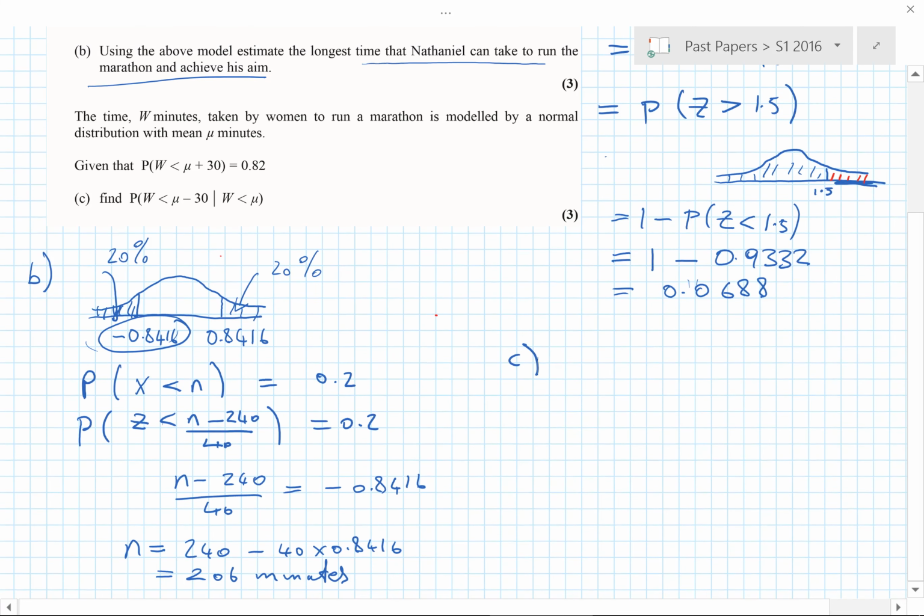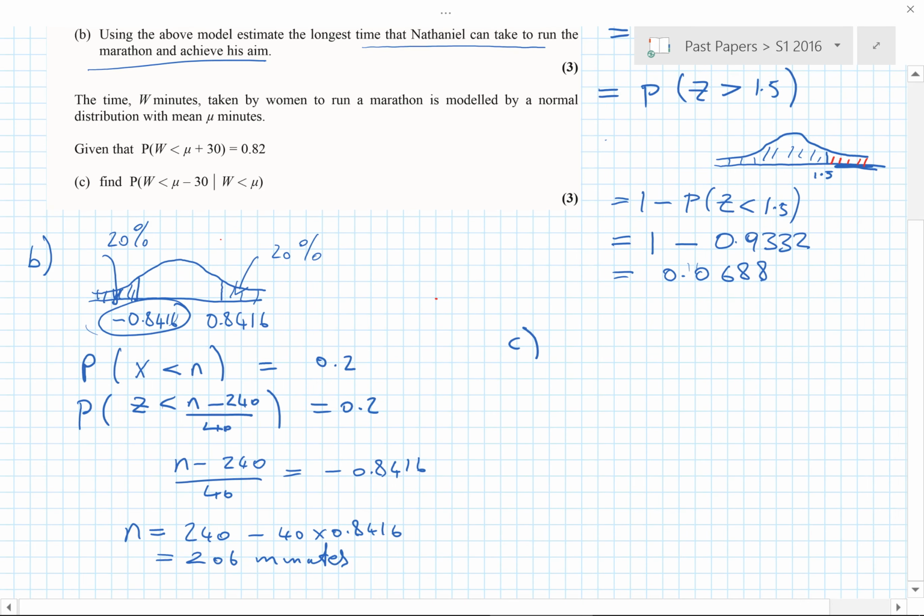Right, now this is a bit unusual, and it's nothing to do with looking at tables. They seem to like conditional probability questions recently, and this seems to be the case in S2 as well. They're throwing in conditional probability questions all over the place. There's already one or two elsewhere in this paper, and they really do like it. And this is a completely different type of question. So they're getting imaginative here. They're very pleased with themselves. So anyway,